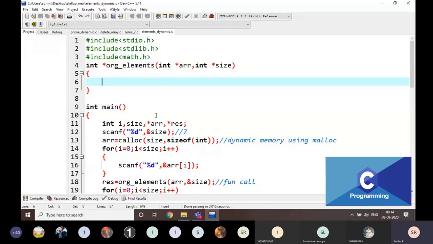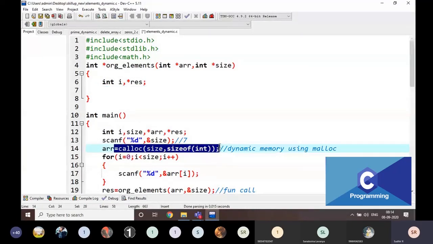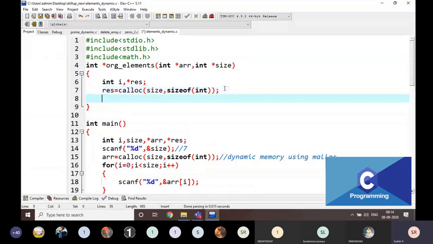Now I am going to write the logic on that. For iteration, I am going to take some i here. And for the result I am going to take some star res. I am going to allocate the memory like this. res is equal to, I am going to allocate the memory of the result variable.